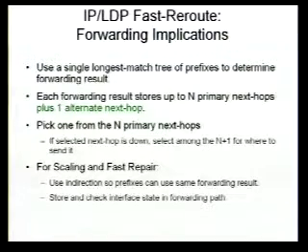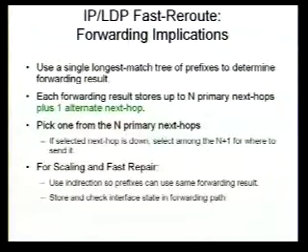So now let me talk about some of the implications in the forwarding for IP LDP Fast-Reroute and also contrast some of the methods. You still use your longest match tree of prefixes, and for ECMP, you're already storing some number of next hops. Now you store an extra one for your alternate. And for ECMP, you pick one from your next hops. If that next hop is down, then you want to select among the next hops you have left in order to determine where to send it.